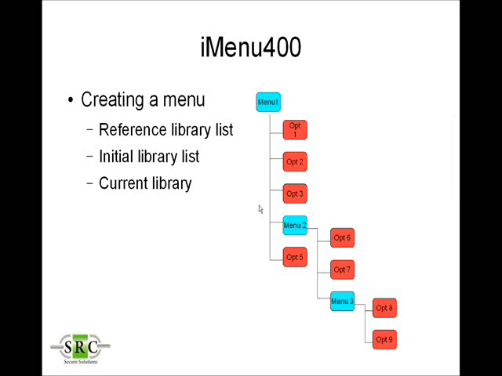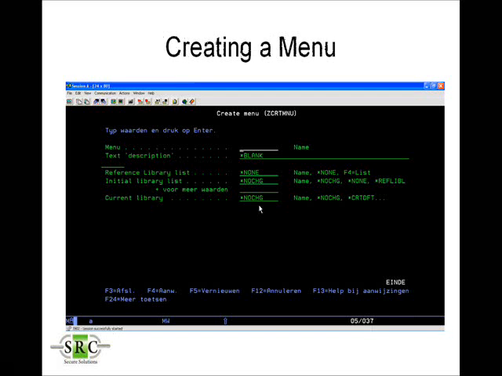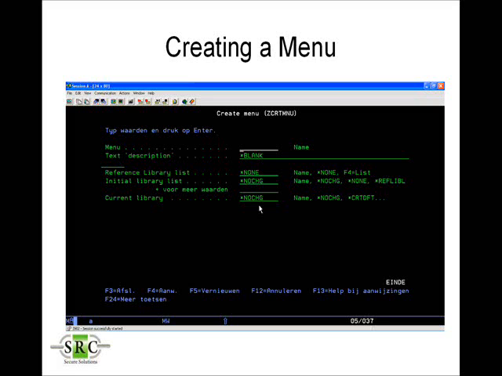So, when you're creating your user environment in iMenu400, you begin by creating one or more menus. These menus can be individual menus with options, or you can, as in this diagram here, embed menus within menus up to 999 levels deep. Creating a menu is quite simple. You just create the menu name, give it a text, and you add an optional library list to that menu. That library list can be an individual library list which is only applicable to this menu, or you can use a reference library list if you want to define one which is used in more than one menu